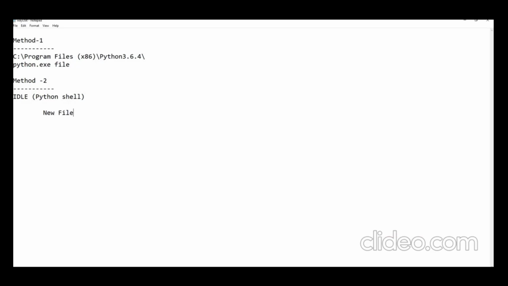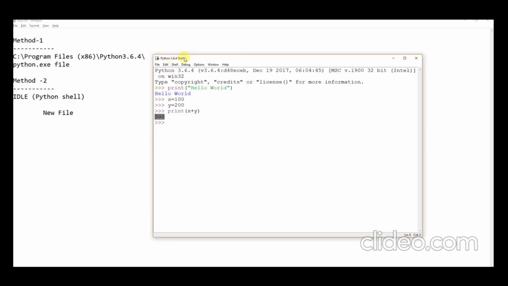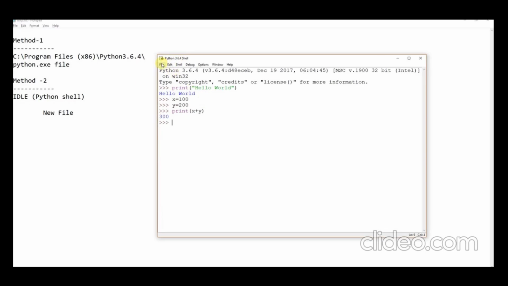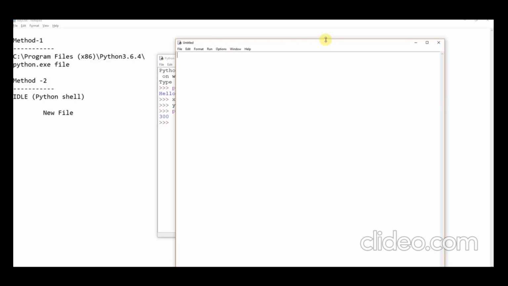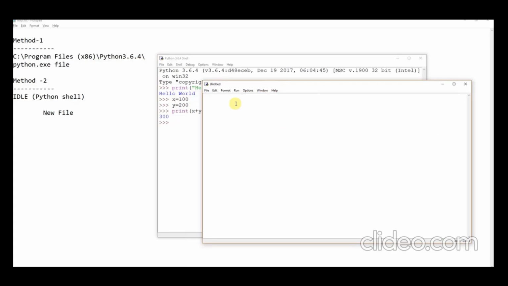So this is our Python shell. In this shell, what I can do is go to File and click on New File. It will open up one more window like this. So here I will write a Python program. Let me print something, print, this is one. So I have written one message, and I will also create one more message, print, welcome to Python world. Now I have created two statements in the Python new file.